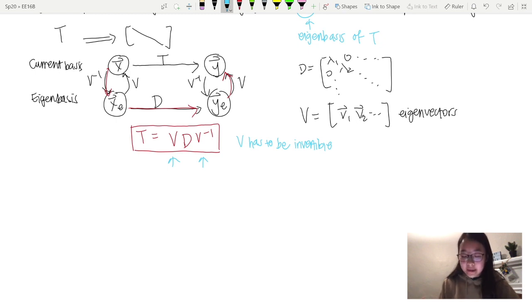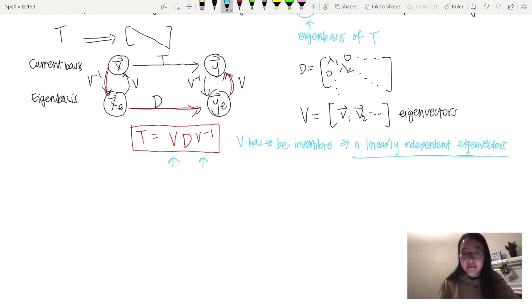So the only way to ensure that V is invertible is that V must be completely linearly independent, which means that there must be n linearly independent eigenvectors. And this also just means that V will end up being full rank. And another part of invertibility is that V must be square. So that's what to keep in mind, but you'll usually need to look for the fact that there are n